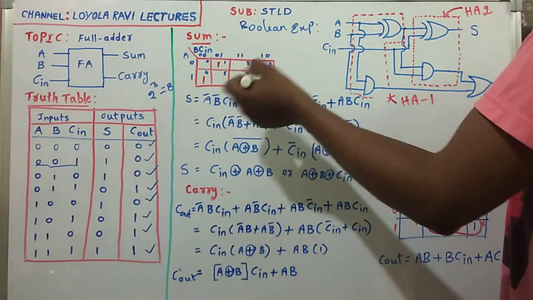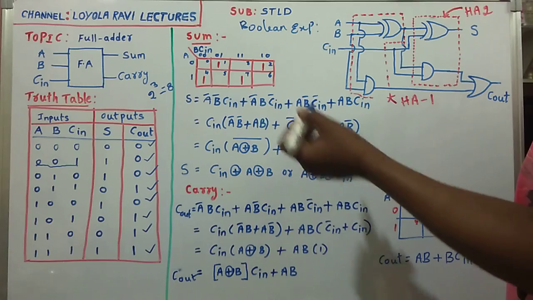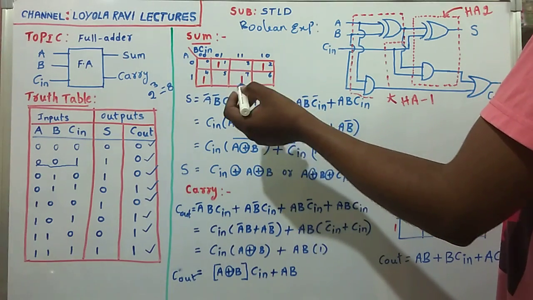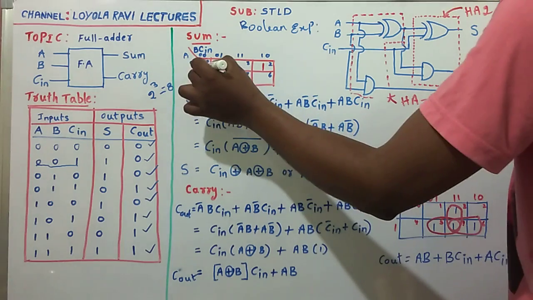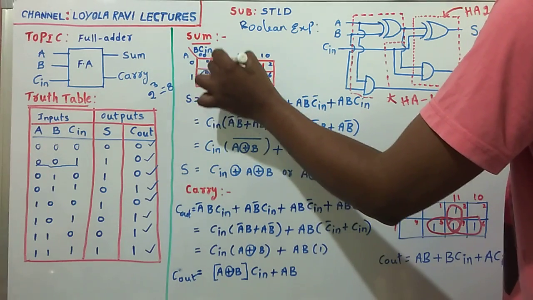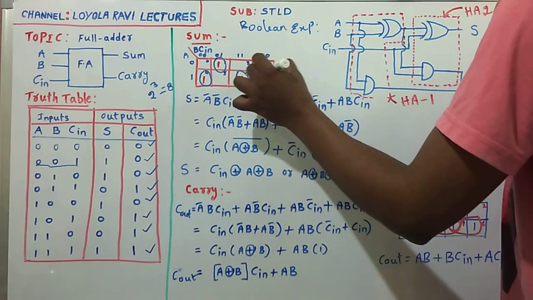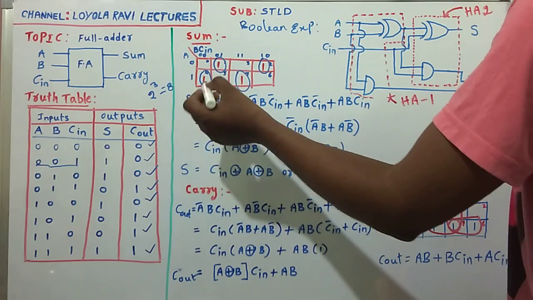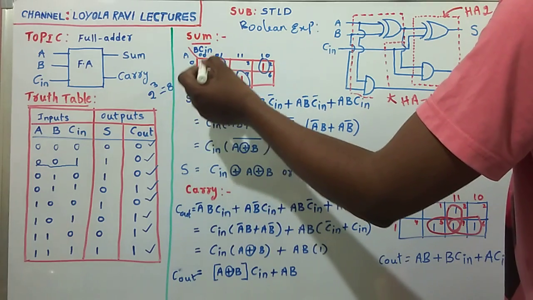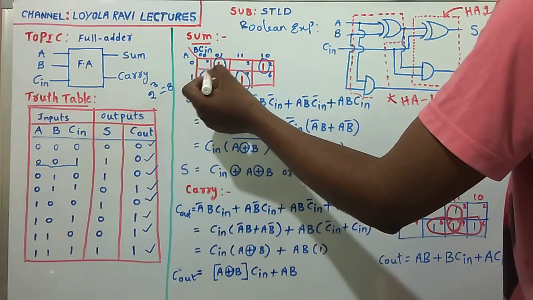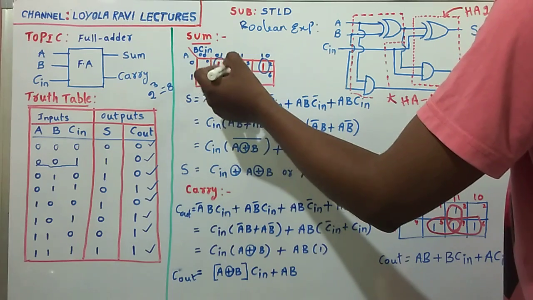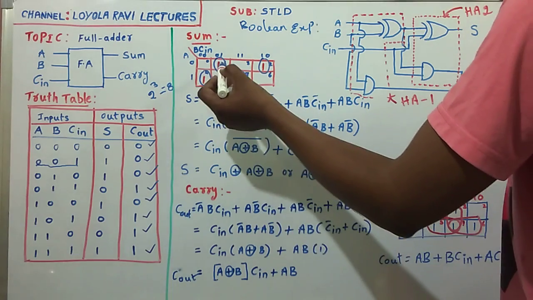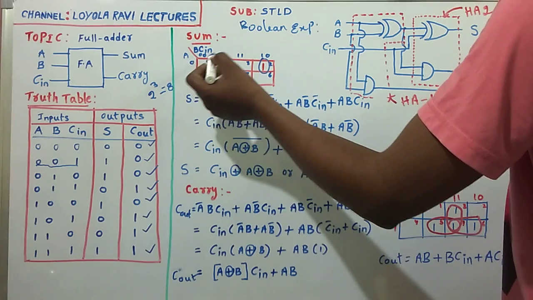Then simplify the K-map. Are there any pairs? No possibility of pairs. Are there any quads? There is no possibility. That's why individually we have to take. These are single terms, individual terms only we are forming. For those you have to write the expression, sum is equal to whatever we have: this is one minterm, this is another minterm, this is another minterm. These are all the combinations we are writing here. So the first one I am taking is 0 0 1.